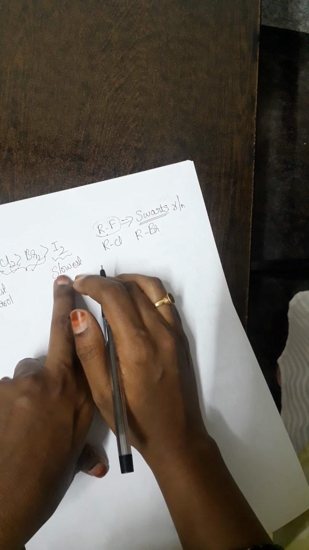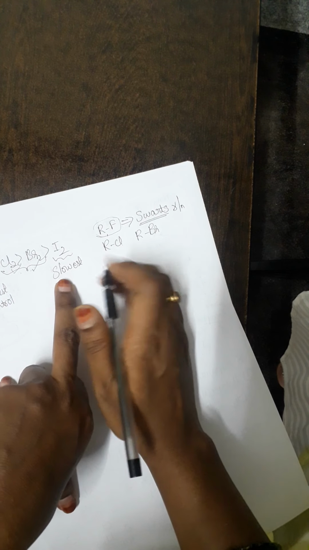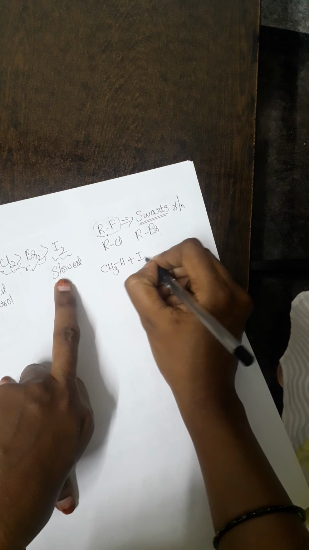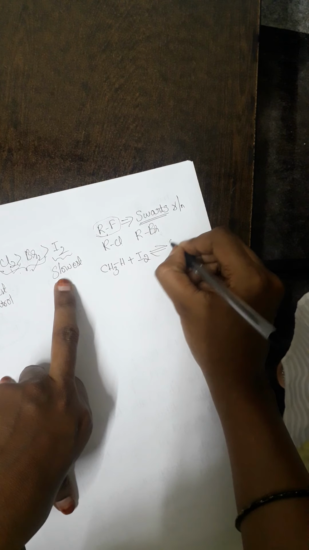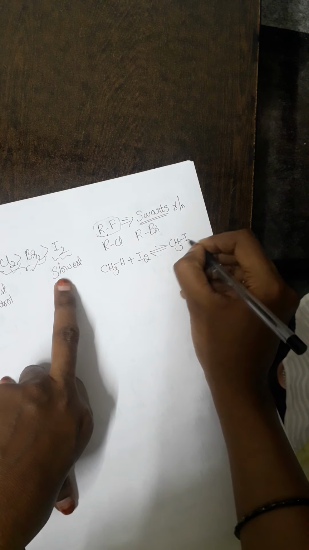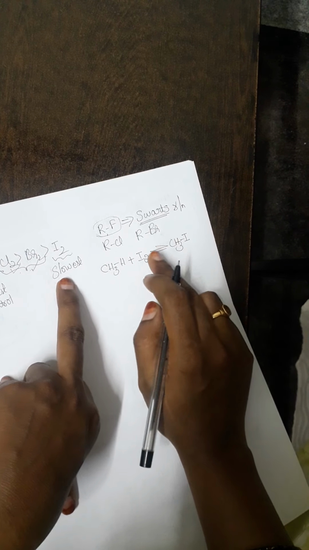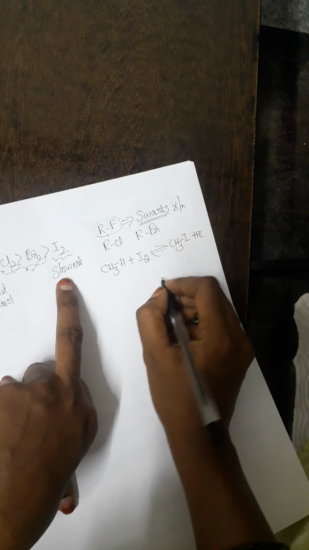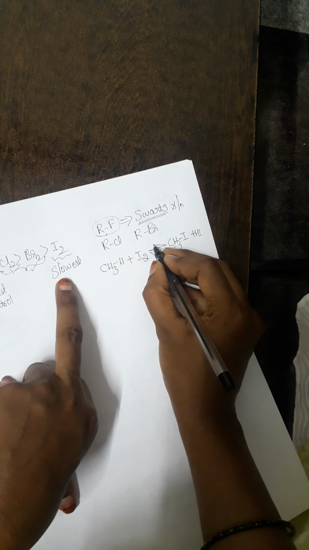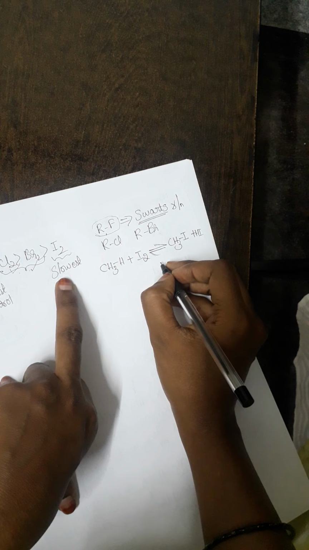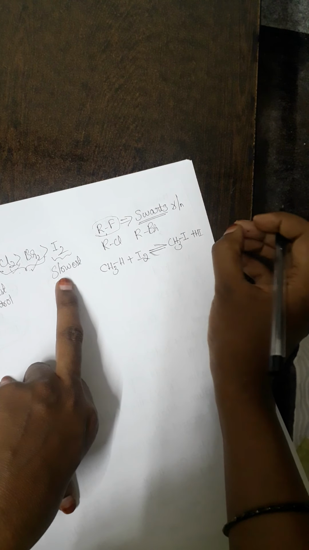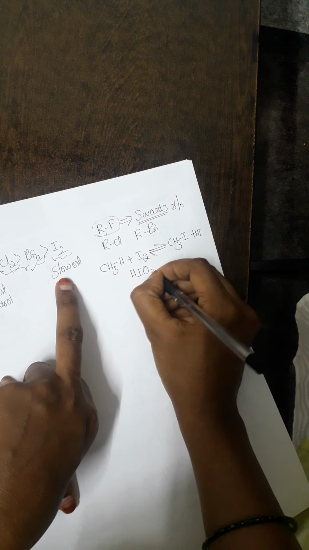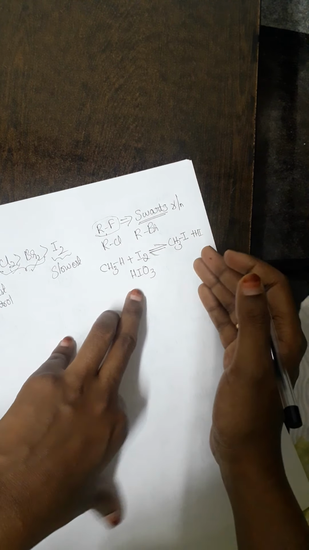Whereas iodination is the slowest. Why is it a very slow reaction? For example, if I take methane and make it react with iodine, I'll end up with iodomethane, no doubt, but it is a reversible reaction, and along with that I end up with HI. You know that reversible reactions are very slow in nature. So here what I can do is remove this HI. How can I remove this HI? By treating it with HIO3. Got my point? We can end up with iodomethane, no doubt.